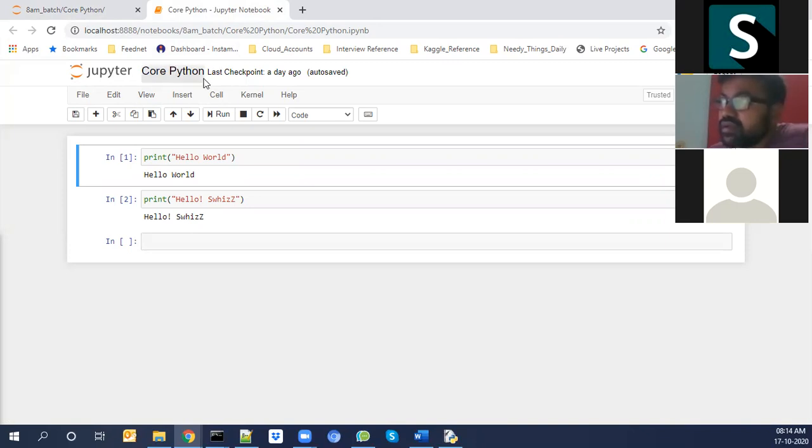Now type print, open parenthesis, in double quotes give hello world, and press shift enter. Yeah, I got hello world as output.